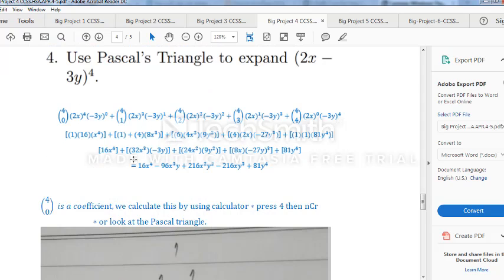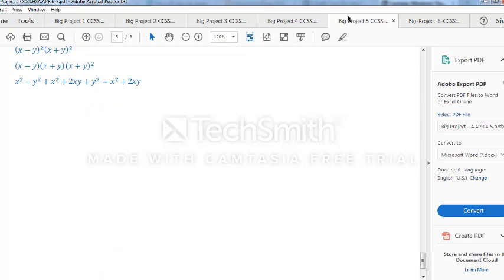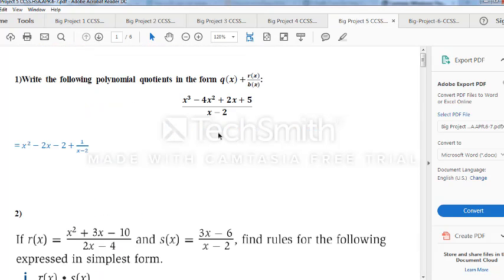In this one we learn how to use the rule of the parallel triangles to expand the two numbers of each other, as you can see here on the screen. Project 5. In project 5 is trying to